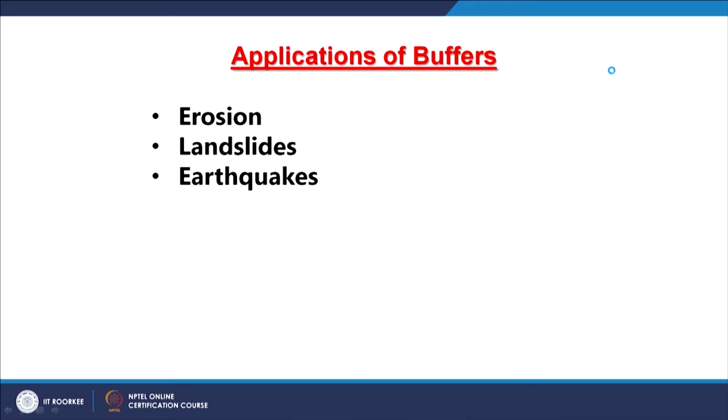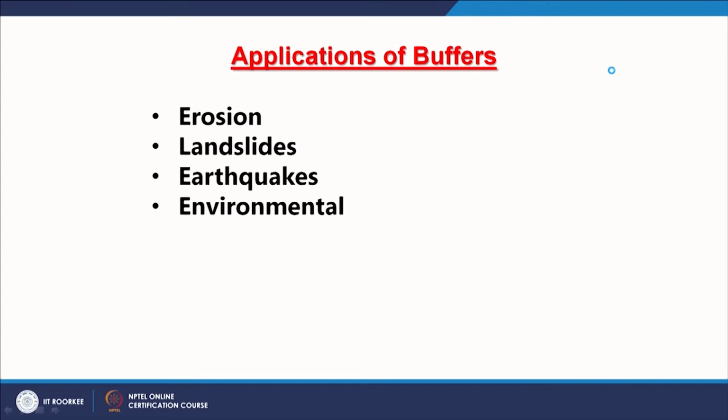Similarly, in case of earthquakes, buffers can also be created about the damage, that is, how the damage has occurred. Of course, there is a completely different concept about assessment of damage, which is based on the Mercalli scale, and which is called the intensity map. But there also the buffers are created. You can employ GIS to create those buffers. Of course, the input has to come first from the field if we want to create the intensity map of an earthquake. In many environmental studies, including pollution studies, buffers are very important to analyze.